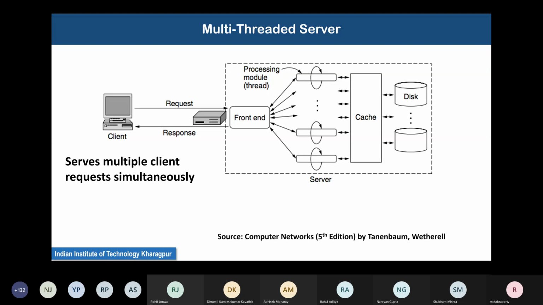Now, please try to understand. Again, this is something which is very important, and those of you who are in the lab will do this very intensely. Busy servers, common servers like google.com, even iitkgp.ac.in, online banking servers, railway reservation servers, travel website servers, airlines reservation, all this type of stuff.